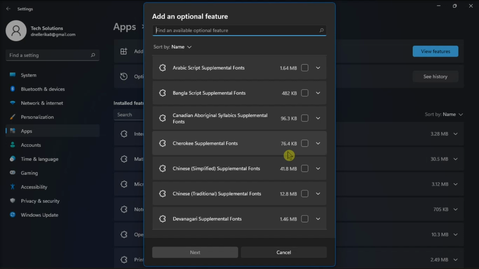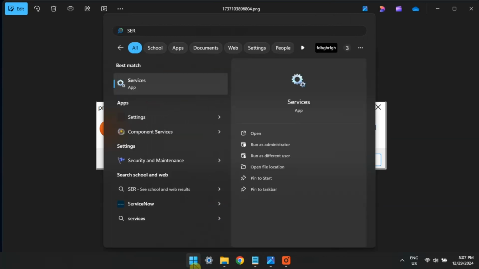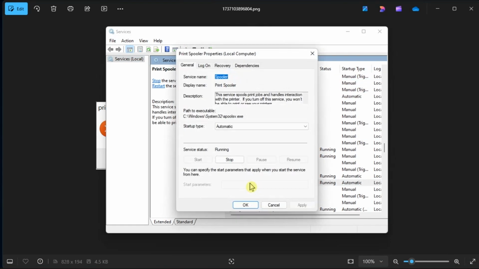Now the process will take a while, so after it has been added, you can check if the problem still exists. Finally, you need to clear the print spooler service. To do this, open Services application, scroll down and look for Print Spooler, double-click on it, go to the General tab, and check if the service status is running. Now if it is running, click on Stop,